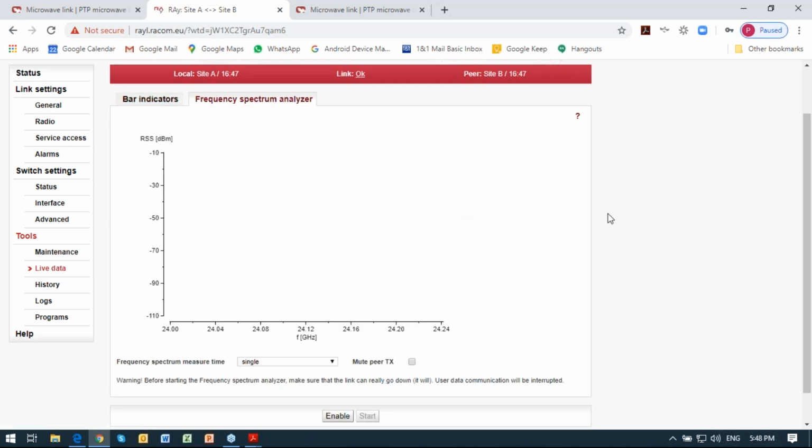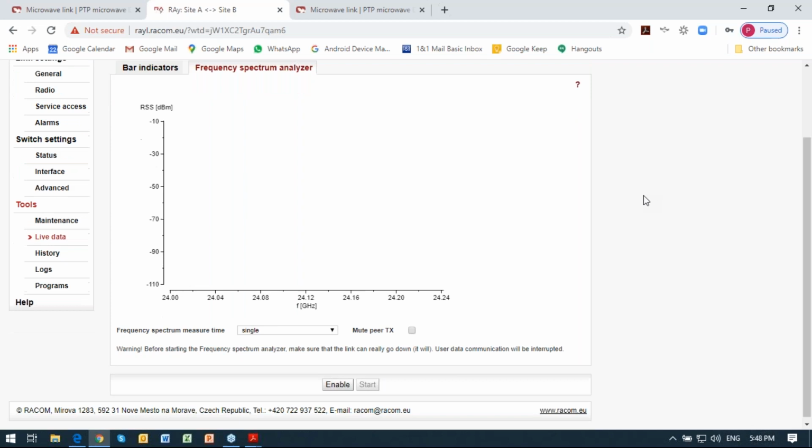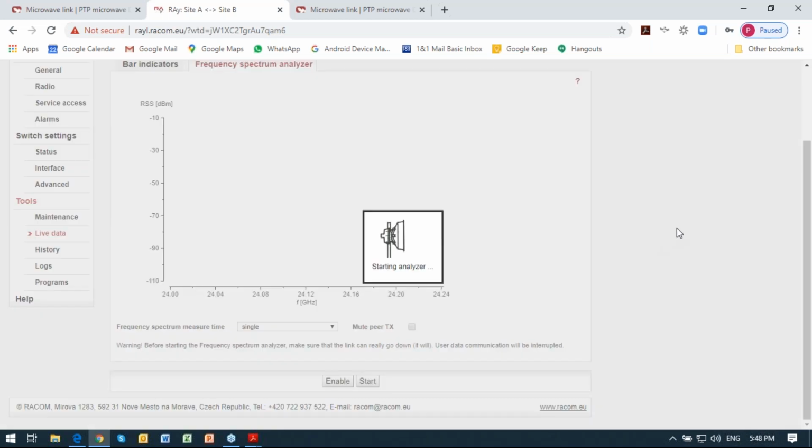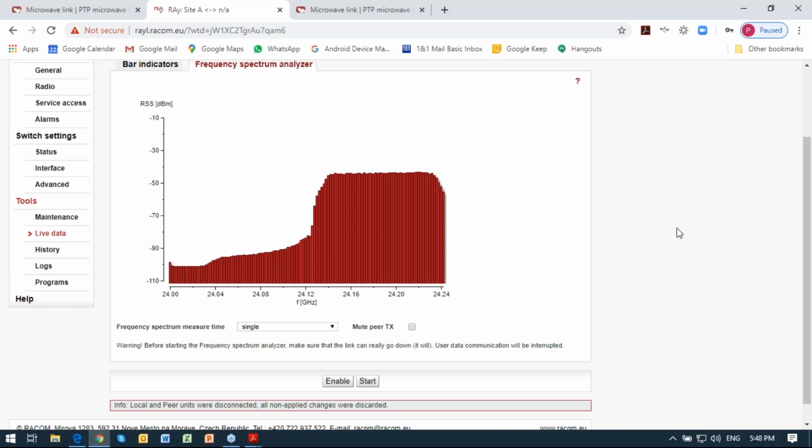And then this is quite a useful feature, the little spectrum analyzer. This will run an analysis on the unit itself and will allow you to have a look at what the spectrum is. So you can see here, this is because it's receiving signal coming in. This is the received signal. That doesn't show you any interference, unfortunately. If I click this little link here, I can